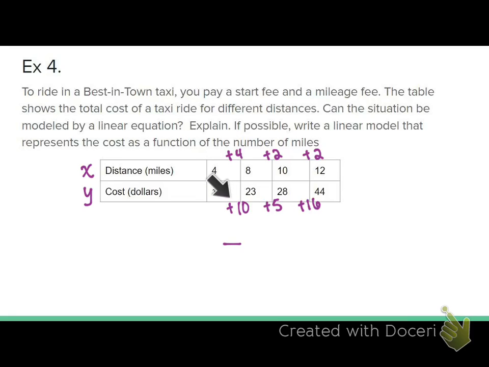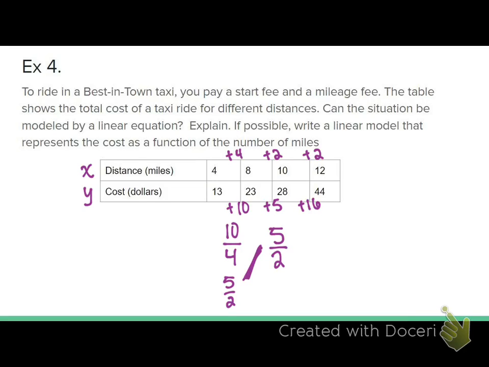The y change was 10, the x change was 4, what would that reduce to? 5 over 2. The next one, what's my y change? 5 over my x change? 2. So these ones are the same,